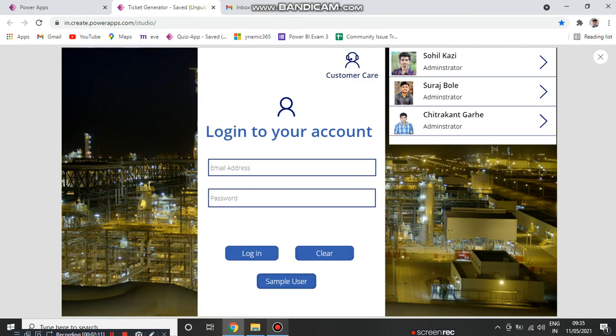The working of sample users like Sohail, Suraj and Chitrakan is the same. I'll tell later what the functionality of the customer care role is. I'm just going to raise one issue, for example with Sohail.